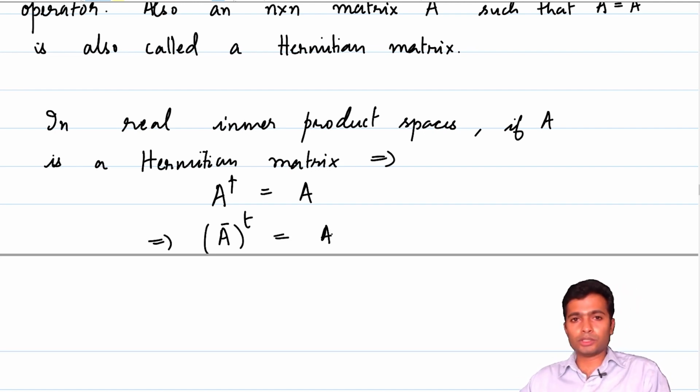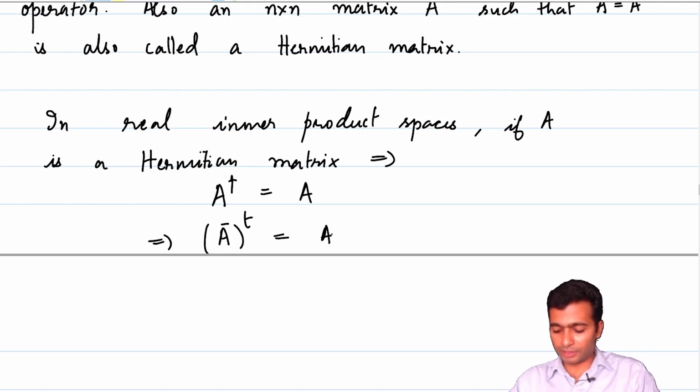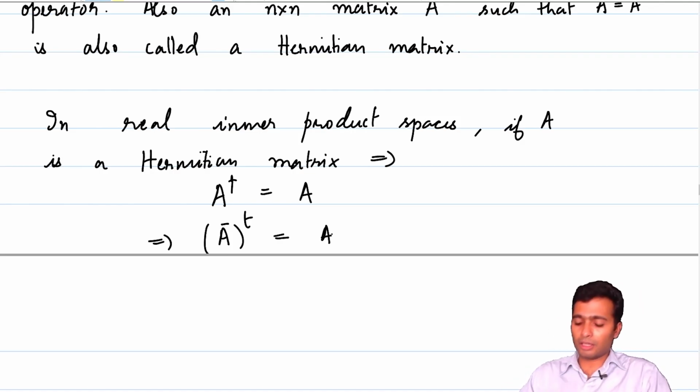But what is the conjugate in a real inner product space of a matrix? The matrix of a linear operator on a real inner product space, or a Hermitian matrix A with real entries, that's what this statement means. Should I rewrite it? Its context is clear. I hope it's not confusing. What this statement means is that the matrix A is an n cross n matrix with real entries, or